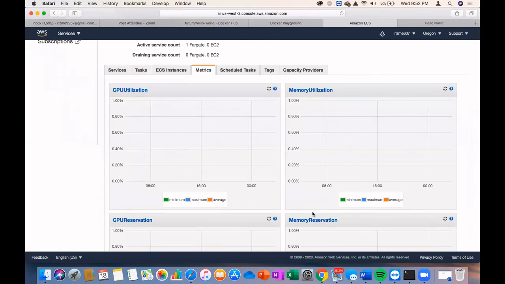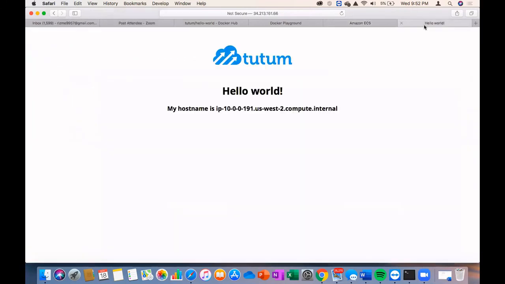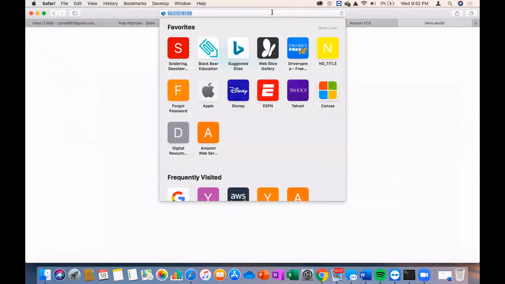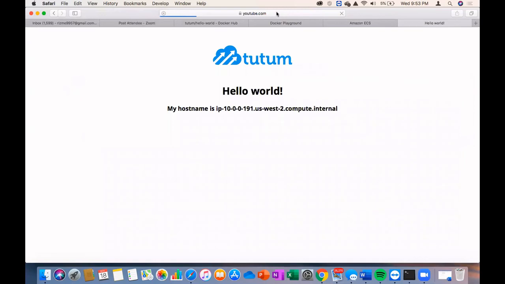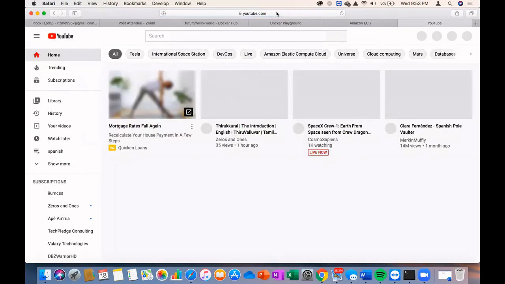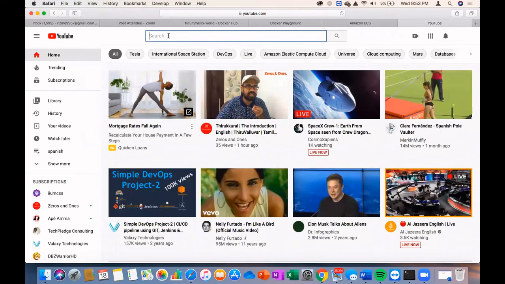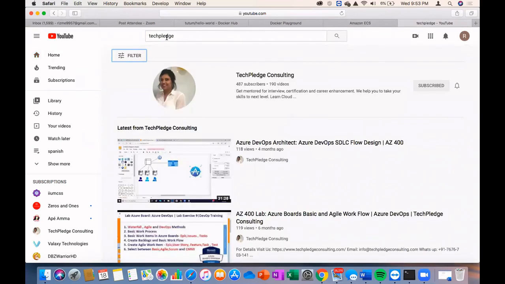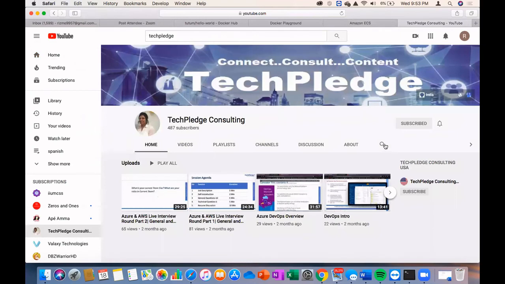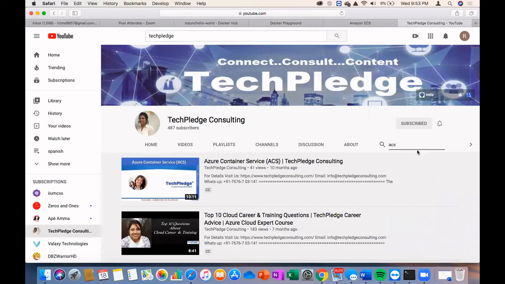Now the same kind of service is also available on other clouds. For that matter, let's say you are on Azure. Let's go to the tech place and type here ACS.